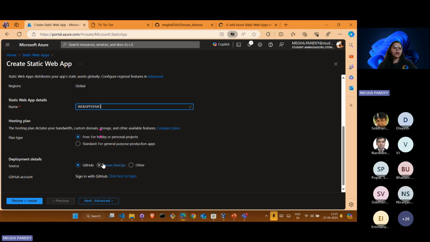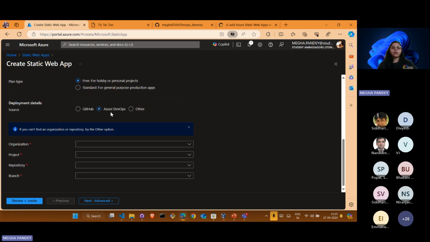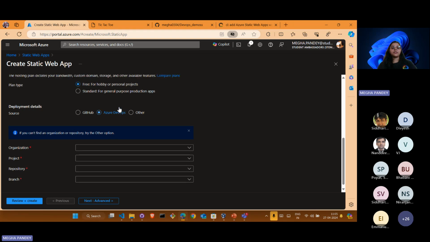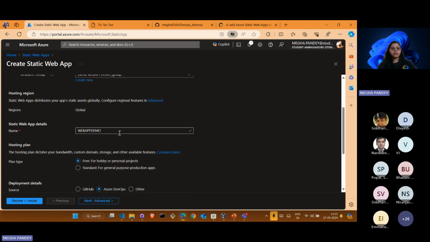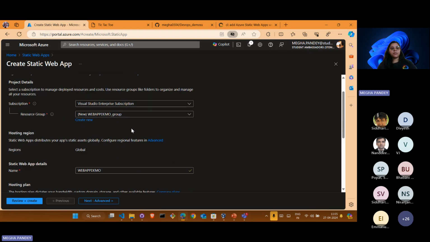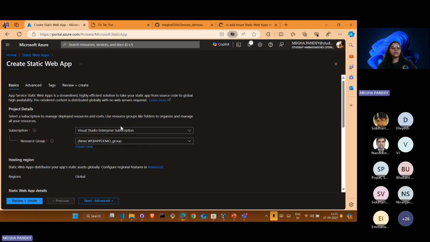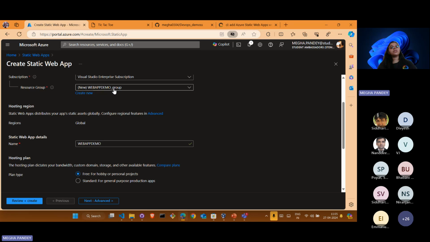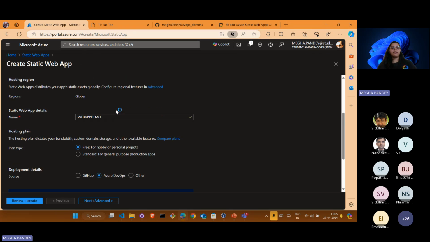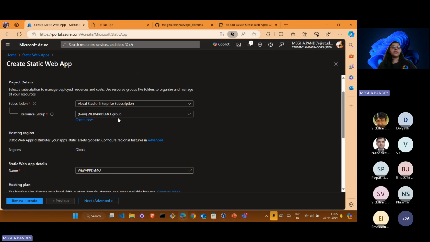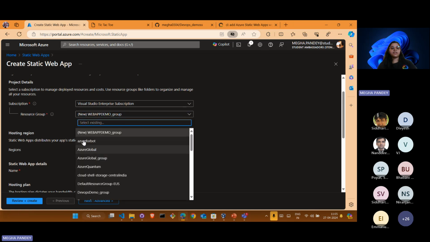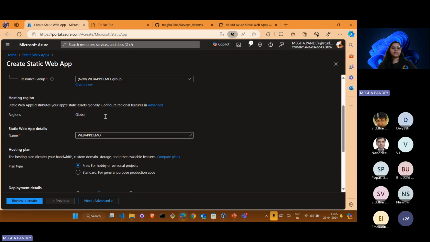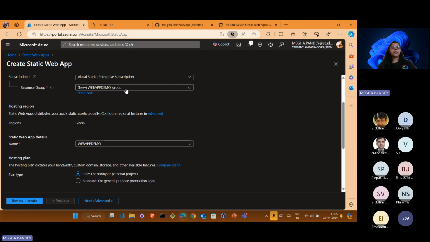Okay, so for deployment details, I'm going to use Azure DevOps, and I'm going to name it DevOps demo. A resource is already created based on that subscription. So a new resource is always created when you are going to create a static web app, though you can feel free to opt for a different resource by yourself, but it is preferably